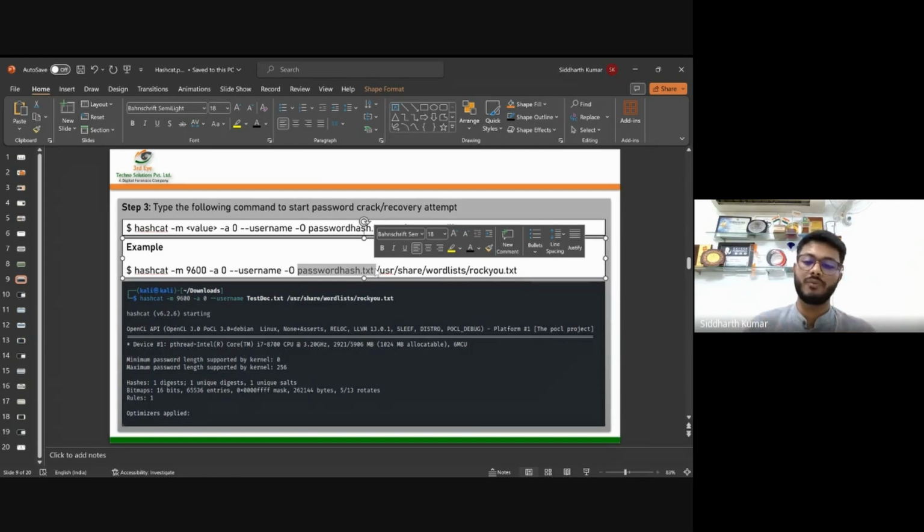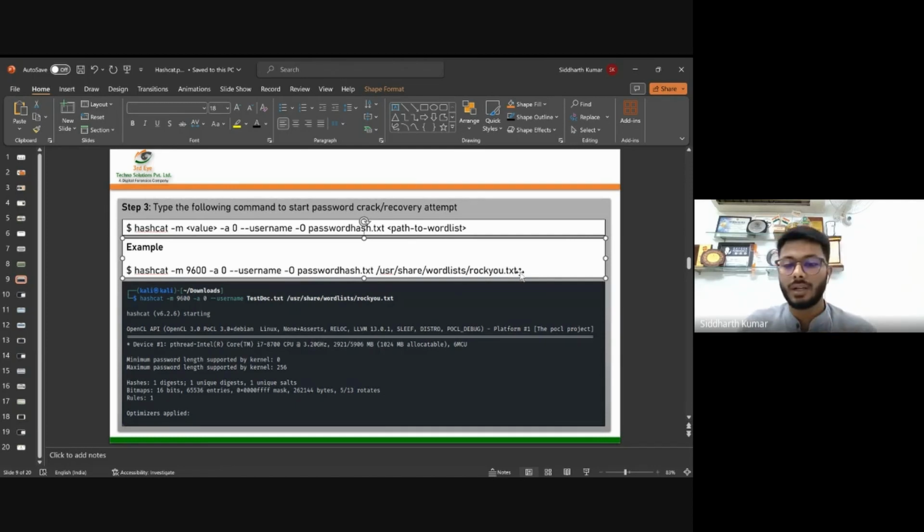It can be in your same folder, it can be somewhere else. If it is somewhere else, you need to specify the whole location. If you are in the same directory, then you do not need to specify the whole location, just specify the name of that particular file. Then the next thing would be you need to specify the word list you are employing in order to crack that password. In this particular case, I am using this word list known as